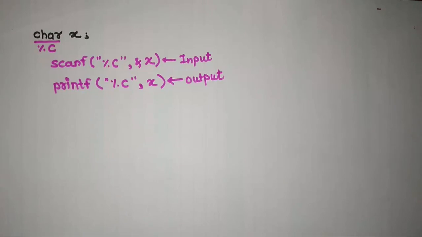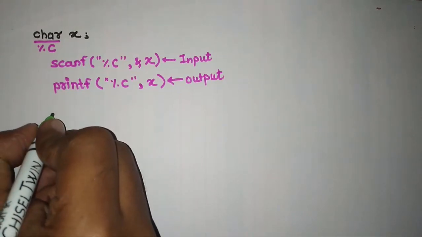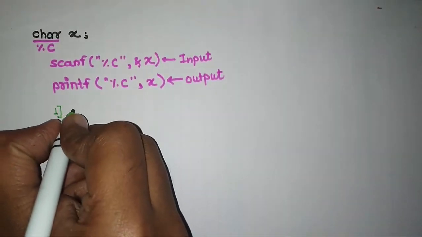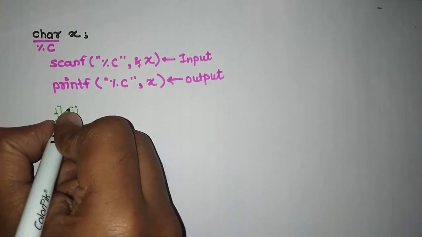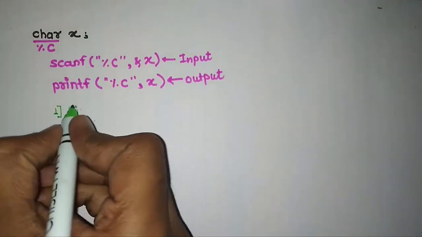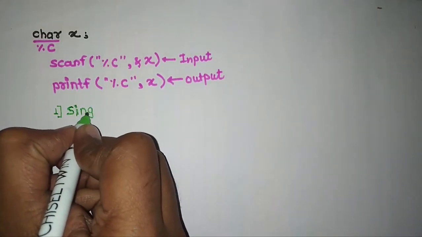So let us see which different conversion specifiers are available in the C programming language. The available conversion specifiers change as per the data type of the variable. So let us see them. The first one is for when we want to access a single character. First define, as per the data type, what the different possibilities are. Just note that down. We are going to access a single character.